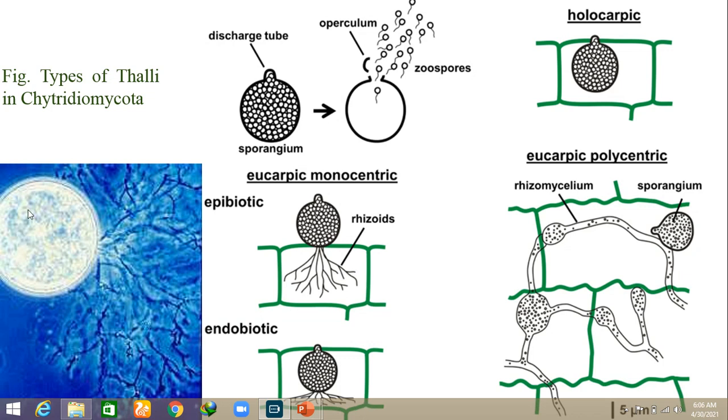This is the real image in which you can see this is a thallus and these are the rhizoids. These are the diagrammatic presentations in which you can see this is a holocarpic structure and this is eucarpic monocentric. This is the discharge tube, this is the sporangium, and from this discharge tube the operculum will be opened and the zoospore will be liberated. These are the epibiotic